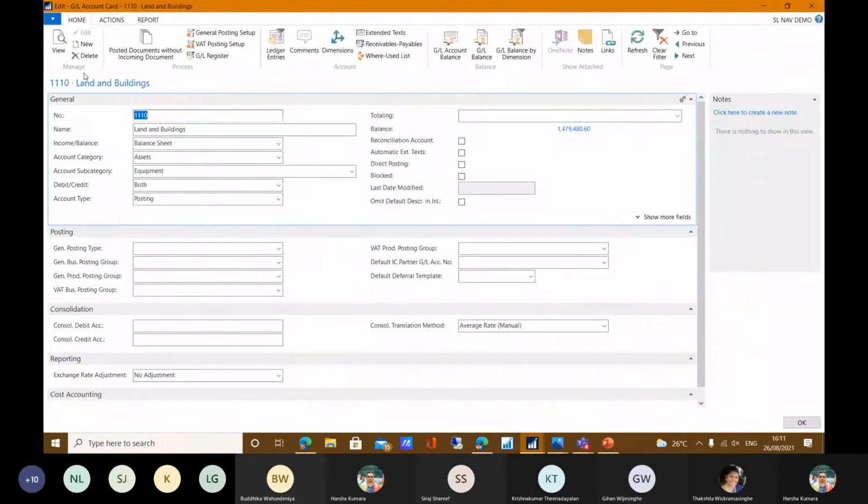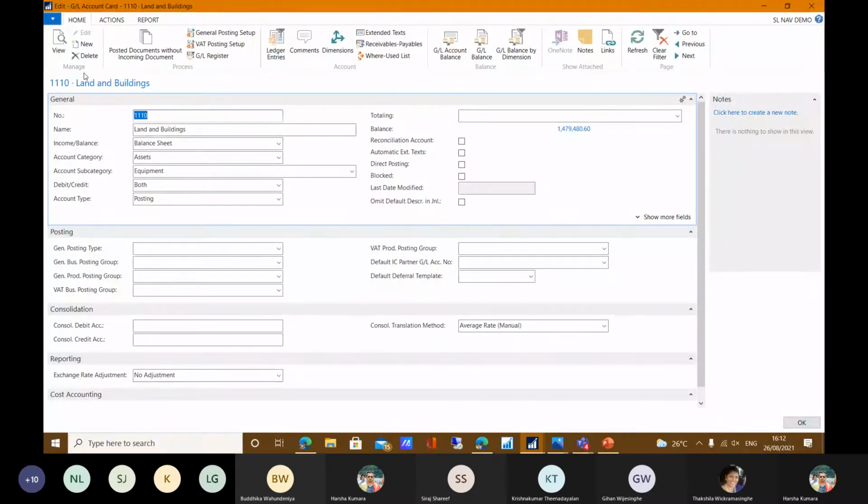Account card means once you have updated any chart of accounts in the chart of accounts list in NAV, you have to assign the number. Number means your account card number. Normally in Sri Lanka, as we know from the trial balance, we can have an address such as 1110, or 6 digits or 5 digits, any number of digits for any account card. You can see here I have a four-digit account number. This account number means this is your land and building account card in your company.